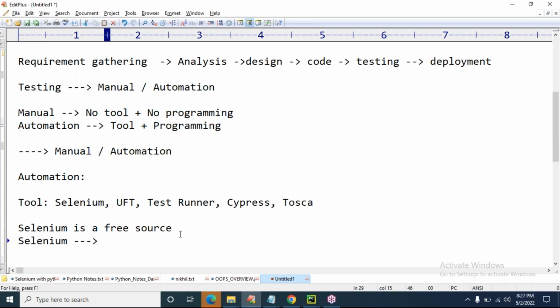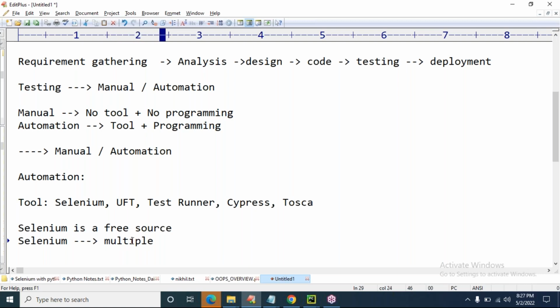First thing, Selenium is free. Everyone can download Selenium directly without paying any money. You don't need to pay any amount. It is not licensed, it is free, and the source code is available to everyone. That is called open source code. Everyone can view it. Then, Selenium supports multiple languages,